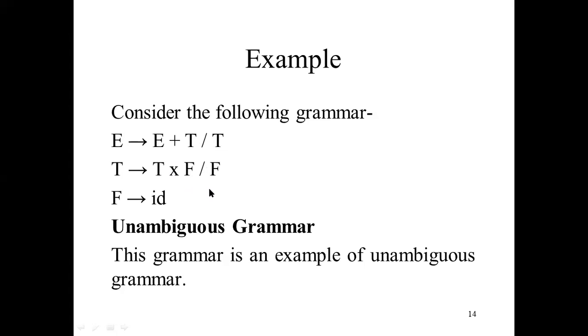So this is the given grammar, and this grammar is called the unambiguous grammar. If we proceed in this way and replace in this fashion, then we will receive only a single tree. So this is called the unambiguous grammar. Okay, so by using this grammar, we will get only a single syntax tree or a single parse tree.